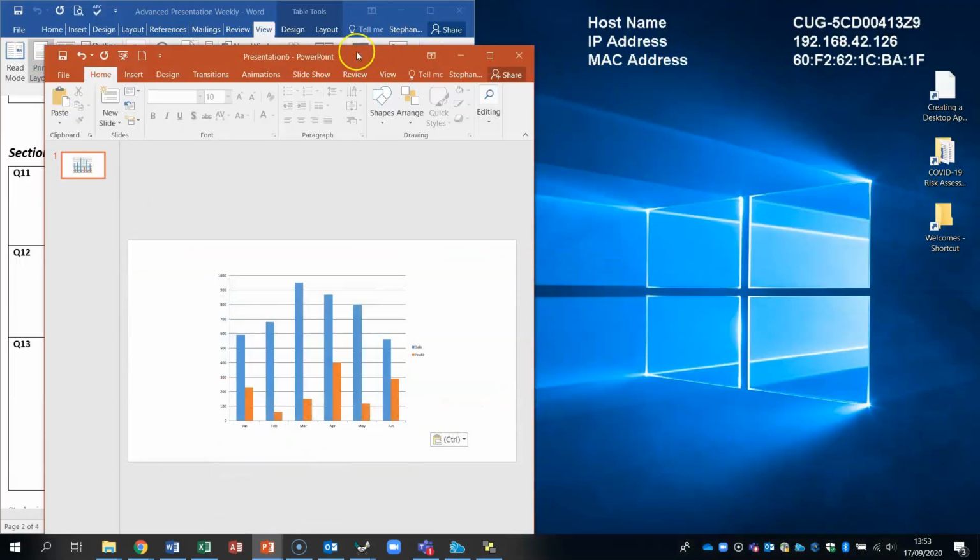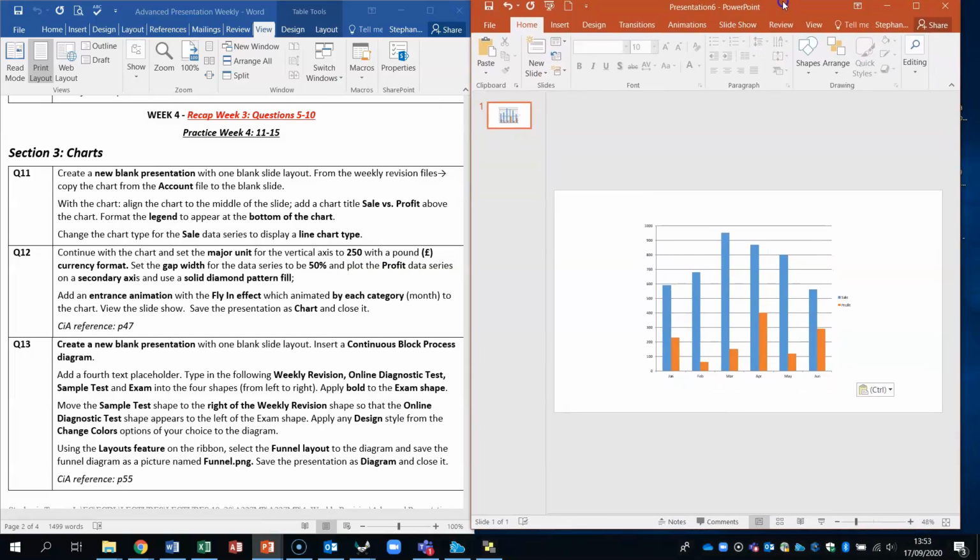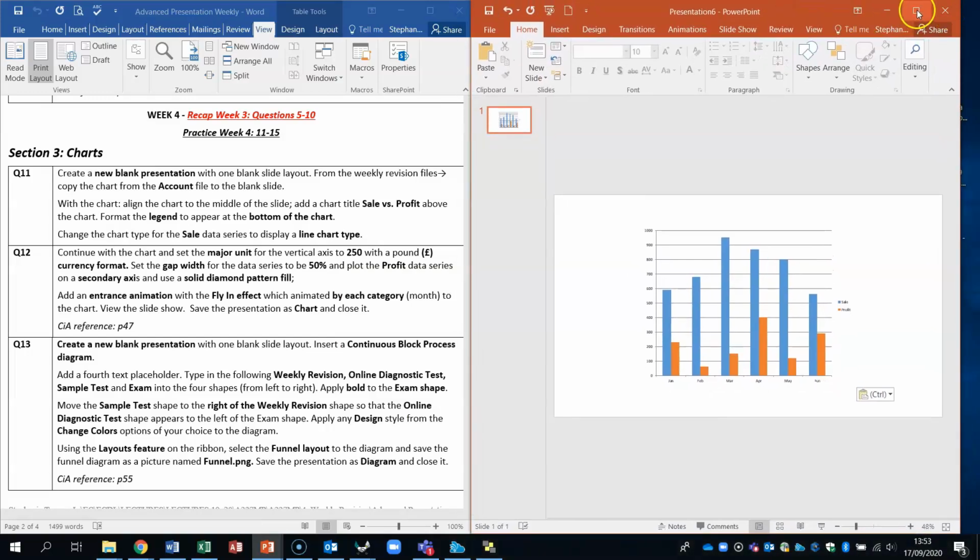Minimize that. And there we've got them alongside each other. So use the minimize and drag them in this. You can't use the view because they're not the same application. So here it says